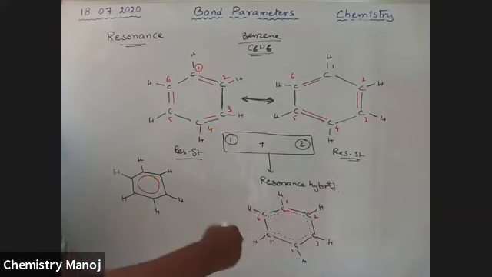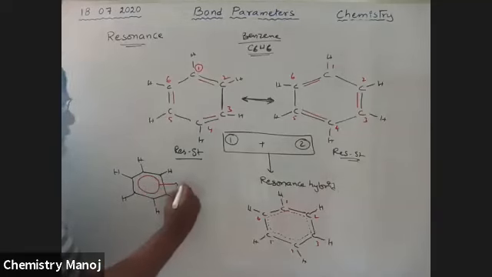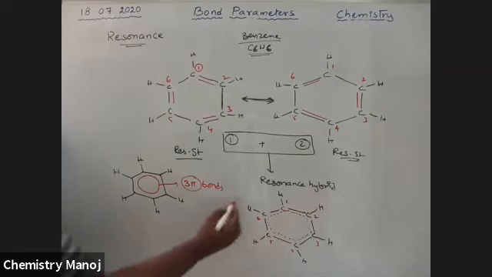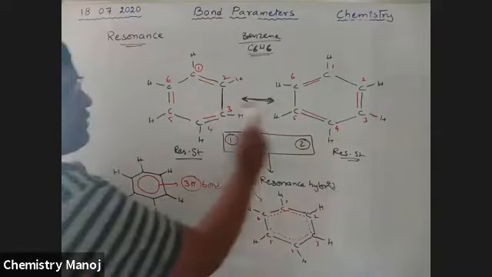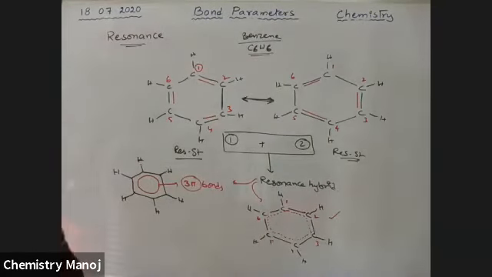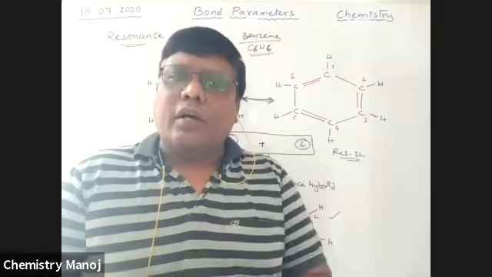Many times it is difficult to draw dotted lines, so a thick solid ring is used. This solid ring is nothing but 3 pi bonds. So it is the resonance hybrid. This one is considered the resonance hybrid. It is the combination of these two structures, the structure of benzene. So this is the way to express benzene resonance structures. Tomorrow we will discuss a number of examples. Monday onwards, on Monday we will